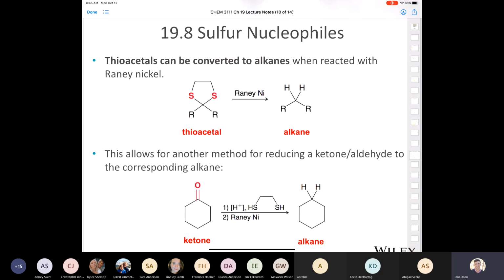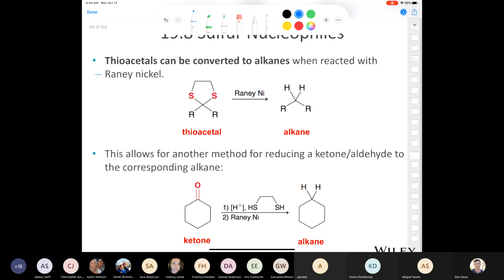If you're really paying attention, you'll see this gives us another method for reducing a ketone or an aldehyde to an alkane, right? You treat it with a catalytic amount of acid and your dithiol, you make your cyclic thioacetal, hit it with Raney nickel, and you're done. And if you're one of those few students who get frustrated when they have to learn more than one way of doing something, because now you've got Raney nickel,